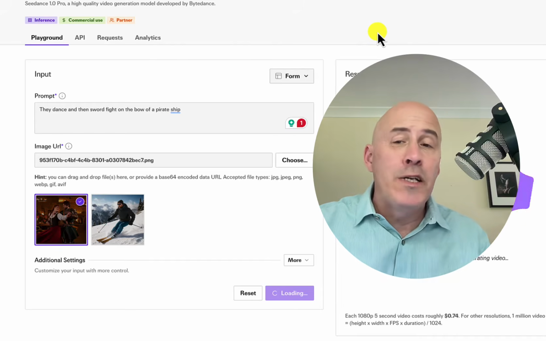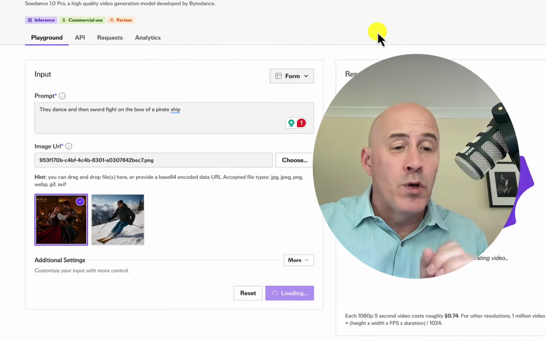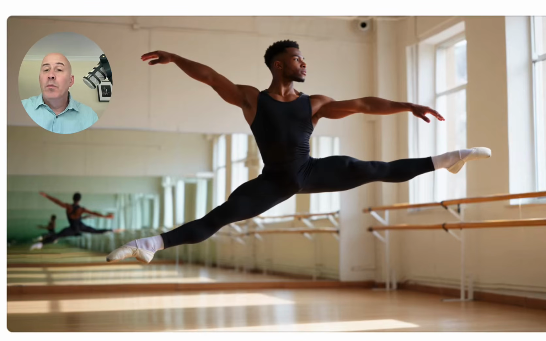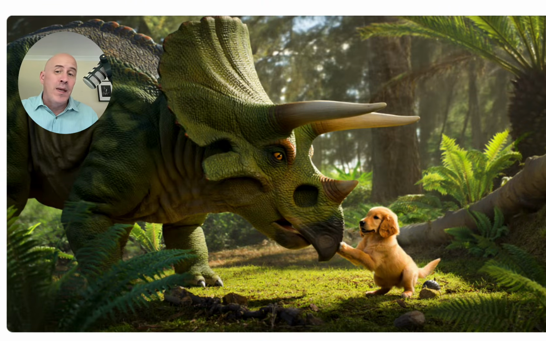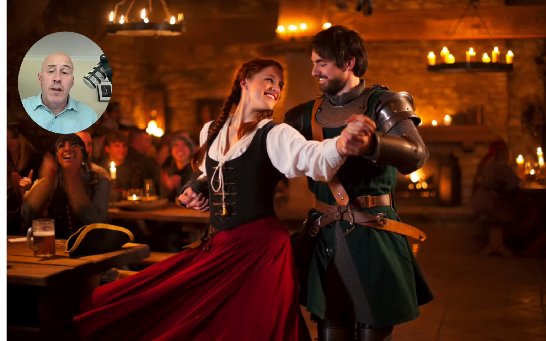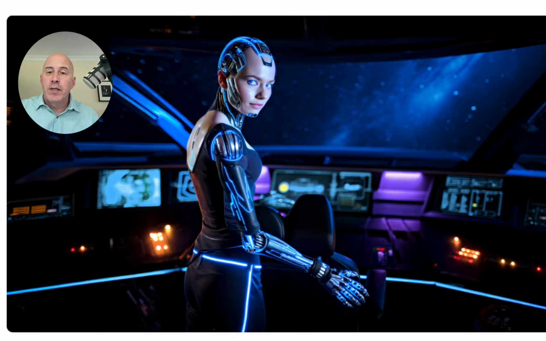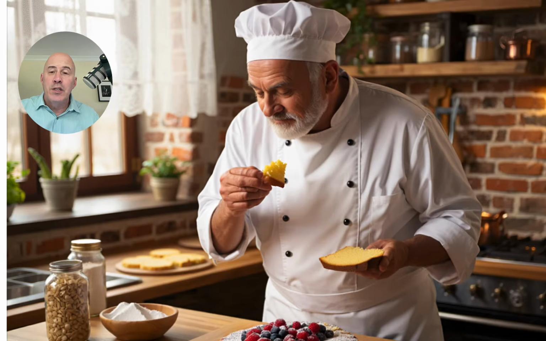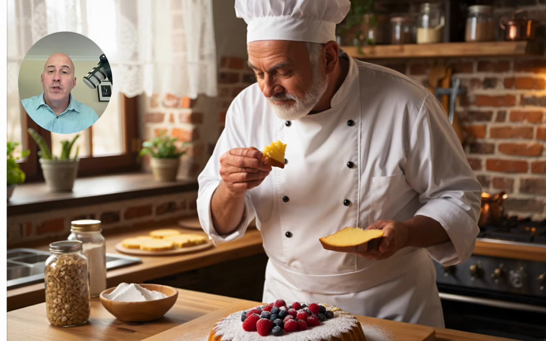While we're waiting, let me show you the other images we're going to test. First, we'll bring this dancer to life. Next, this puppy and dinosaur are going to play before it rains. This is the starting frame of the experiment we're running now. We're going to have this android person in a starship turn around with an orb in her hand. And lastly, as we like to do, play with the chef who is going to eat the cake and smash the cake. I'm looking forward to seeing how that turns out.